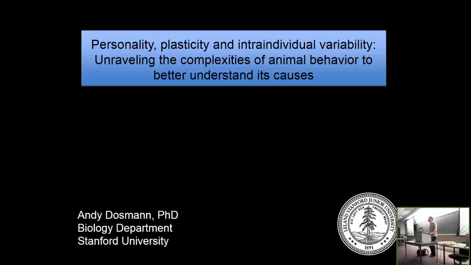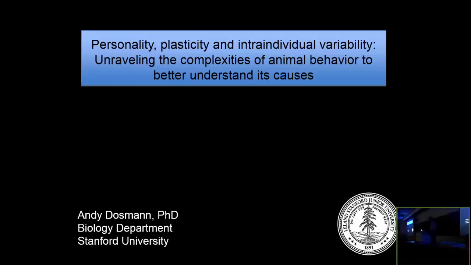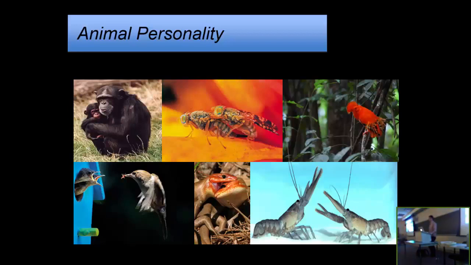As you can tell from the long-winded title, I'm going to be trying to pick apart a number of different aspects of behavioral variation, with the idea that doing so can really help us understand what the causes of variation are. Now, broadly speaking, this falls under the umbrella of animal personality. And as it's been found in a wide range of species, there are often consistent individual differences in behavior that persist over time and across environments.